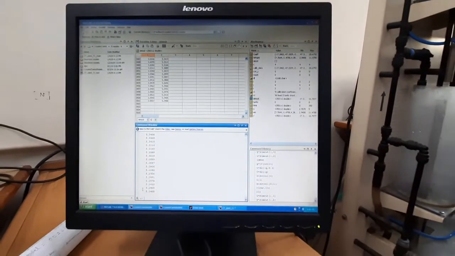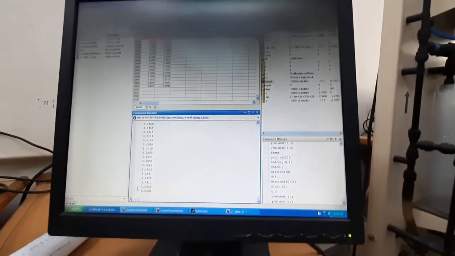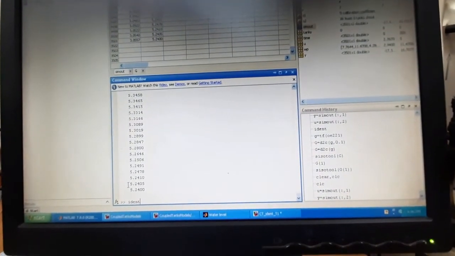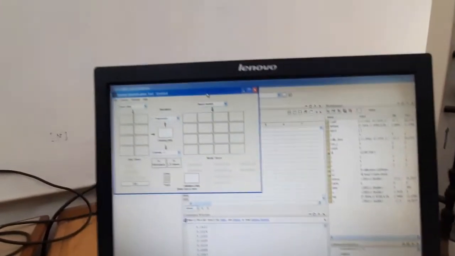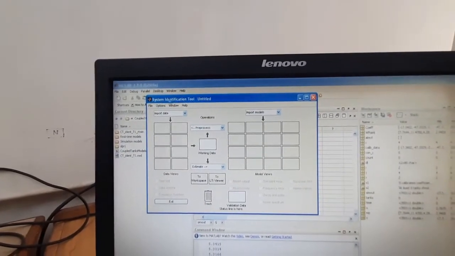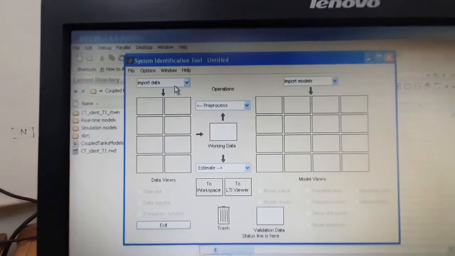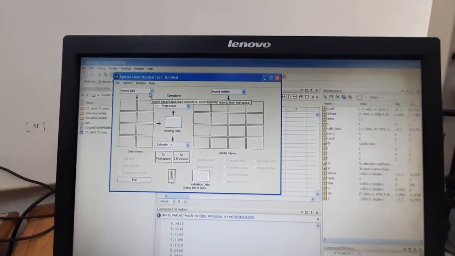Now for that, in our command window, we first have to type ident, IDENT. If you write ident in your console, it will open a new window. This is called the system identification tool. Here a lot of options are there, so we have to first choose what data is available to estimate a model.